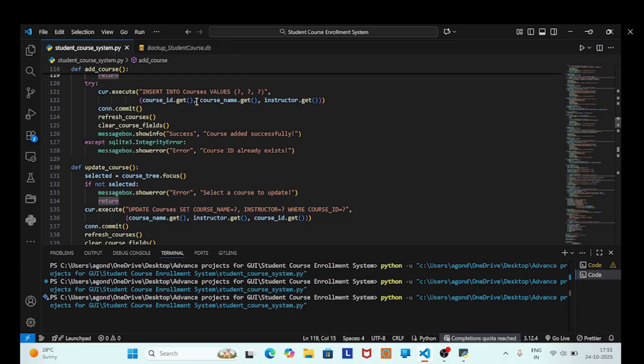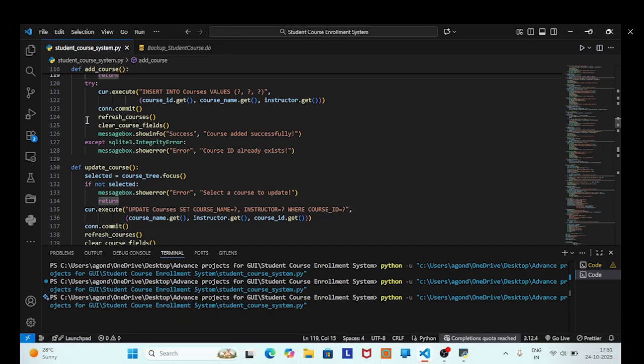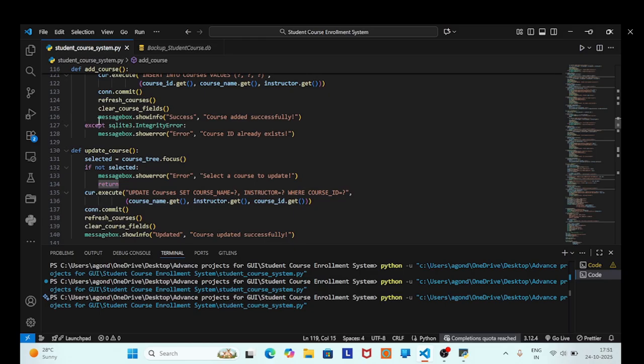And then we will recall the function, which is refresh and clear course fields, and a message box will show a success message. If an error comes in the id, you can see that has been handled. Okay, and in a similar way,